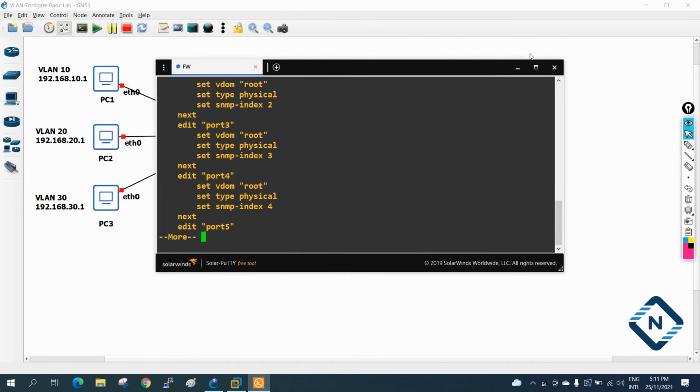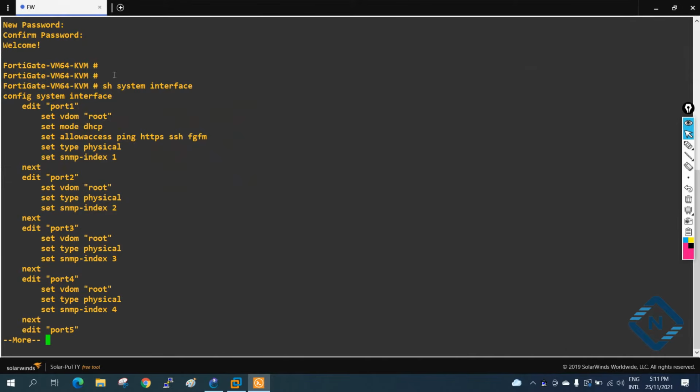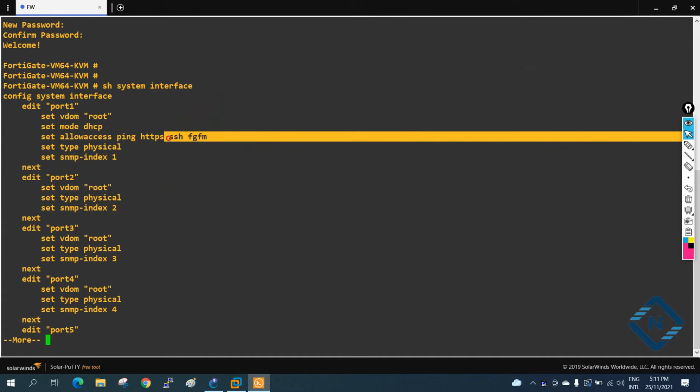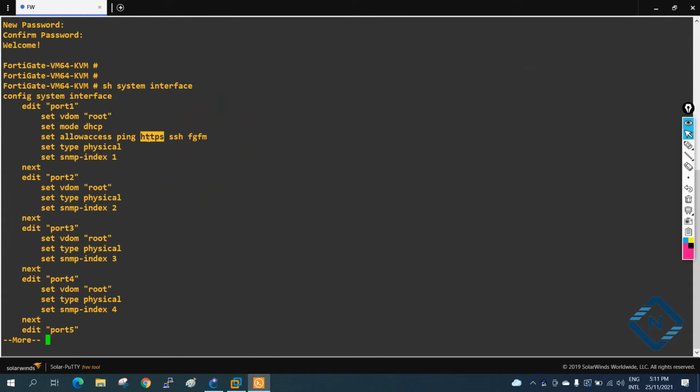If you press enter, let me make big. If you see here for the port 1, you don't have HTTP allow here, only HTTPS. HTTPS will not work because we don't have the complete license. When we install complete license, we are going to get that one, because we are using the trial 30 days, 40 days version. Okay, so now here I can add HTTP, so I can access.